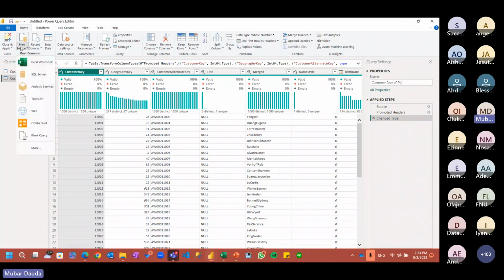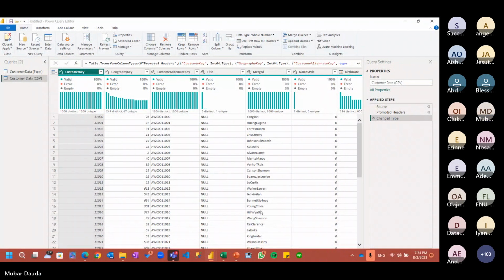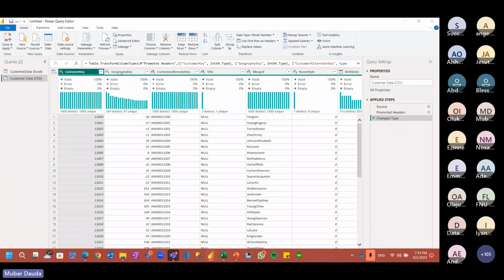Another place you are bringing data, don't forget, we are bringing data from all our flat file here, which is file. We are bringing from Excel, we are bringing from text. So now we want to bring from XML. Let's click on connect. You can see it is showing me customer XML, and I'll click on OK. I want this file. So if you have your data as XML format, that's how you bring in your data